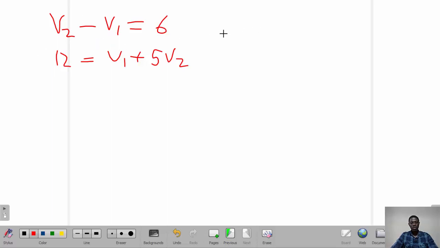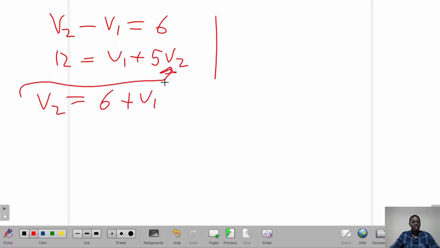When you manipulate this and solve, you can regroup them if you want. So you can say, for instance, V2 equal to 6 plus V1, and then you replace that